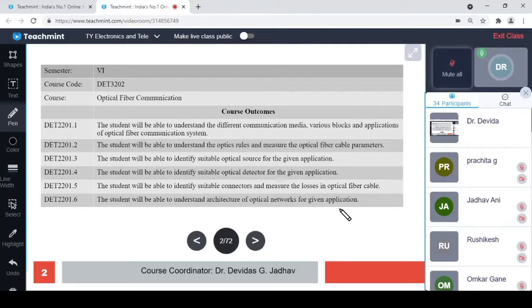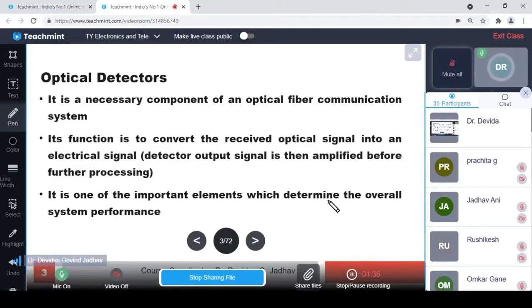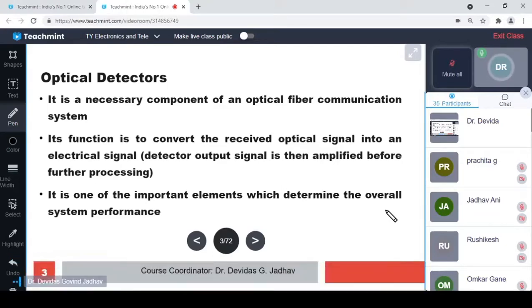For the last two, three, four lectures we have been revising things. So very fast we will revise things now in this lecture. This is just a revision, that's why we are going fast, and we will put slightly more emphasis on yesterday's missing part, and then we will go on with the lecture.